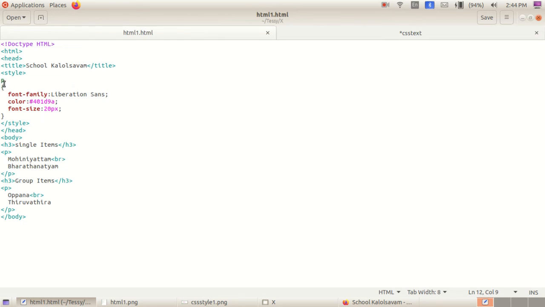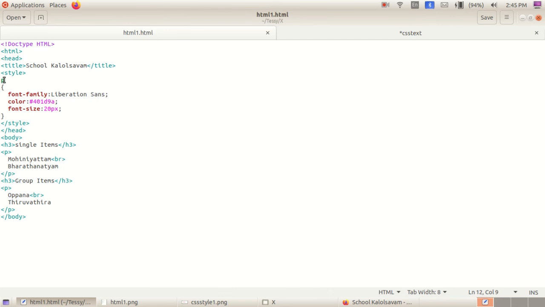The P is the tag which is used in Mohiniyattam and Bharatanatyam and Oppana and Thiruvaazira also. Inside the P tag we write that. That is why we gave P as the style name. Do you understand? This is known as the style name.